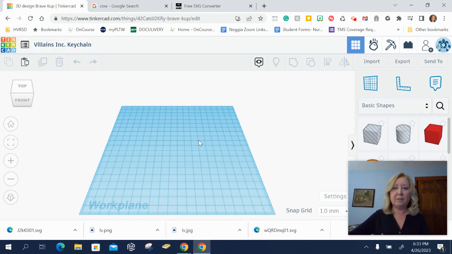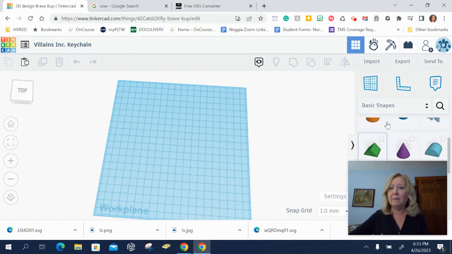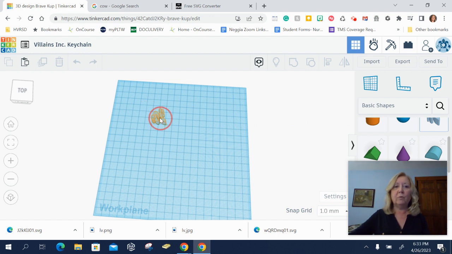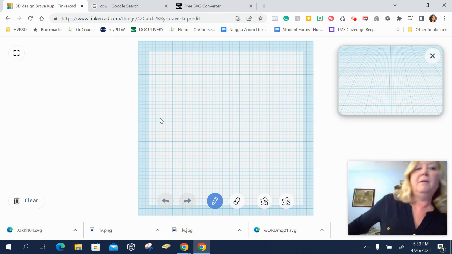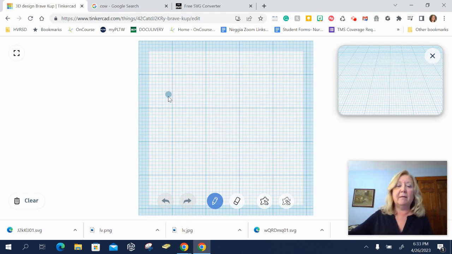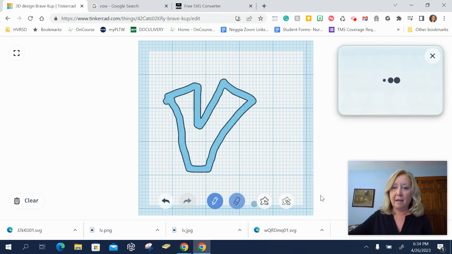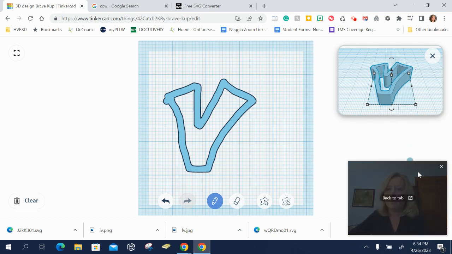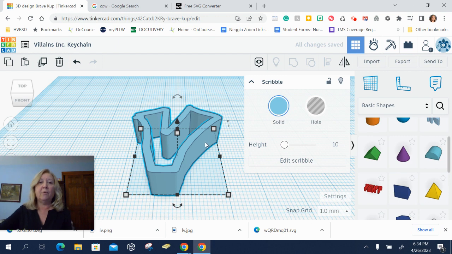Okay, so a couple different ways you can do this. You could go into the scribble tool and you could create whatever shape you want. Excuse me, sorry about that. So I could create my V for Villains Inc. like this. And once I have that done, I can mark it as done, and that shape will show up on my